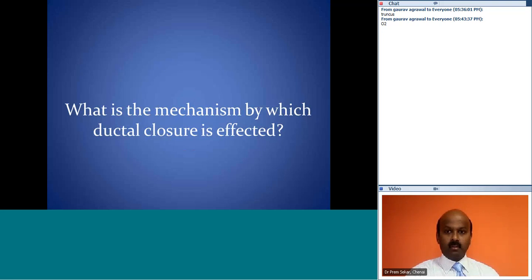These two cause functional closure of the ductus, which happens within 24 to 48 hours after birth,